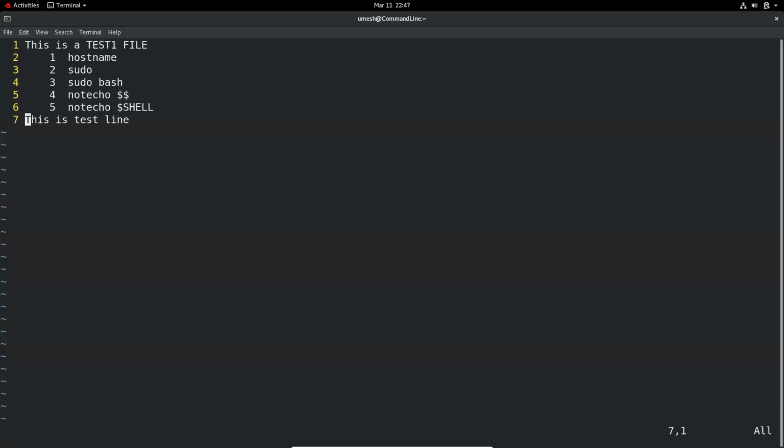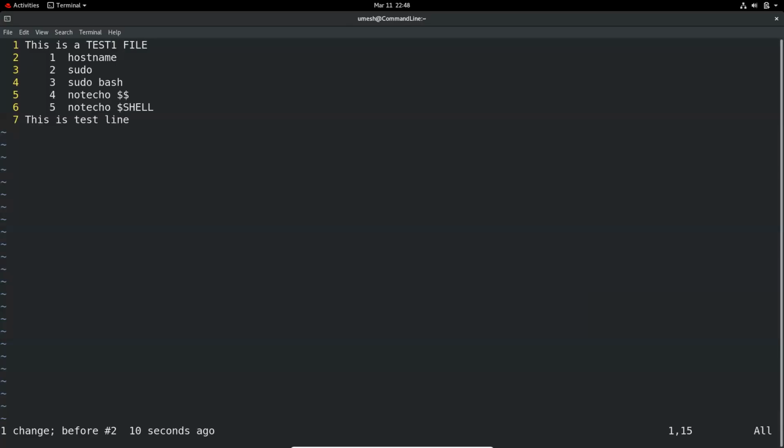In command mode, or in any mode in VI, you can move the cursor around using your keyboard's left, right, up arrow, down arrow. So the first command we are going to see is X. We are in the command mode, so just press the escape button and move around. Let's say you want to delete this number 1, and the cursor is there, just hit X. X will just delete that character. And if you want to undo the change you just made, just press U, and the 1 is back.